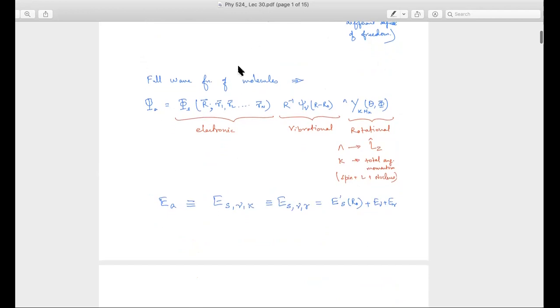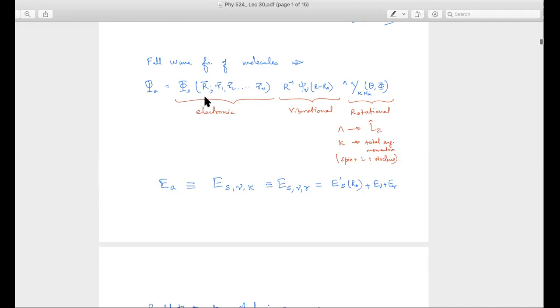So the full wave function of molecules, I can write it as the product of the electronic, vibration, and rotational degrees of freedom. That's what we did. Basically, we started with a coupled equation, which has all three degrees of freedom. We wrote down the problem in terms of the center of mass coordinate, the difference coordinate for the nucleus, and the electronic coordinates, basically. And that allows us to write these three differential equations separately for the three terms, as long as I can do this Born-Oppenheimer approximation. Okay. So I had this electronic part of the wave function, and then the vibrational and the rotational part of the wave function I was able to separate from the Born-Oppenheimer approximated nuclear part of the Hamiltonian.